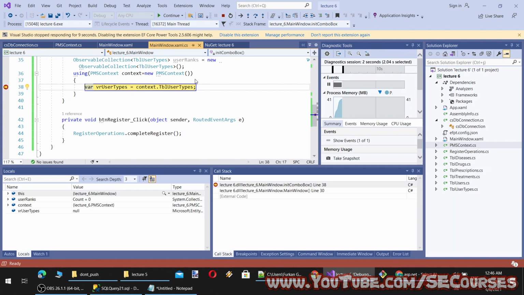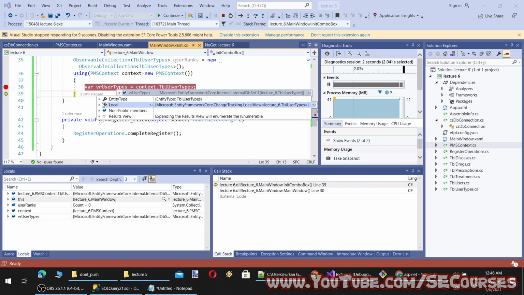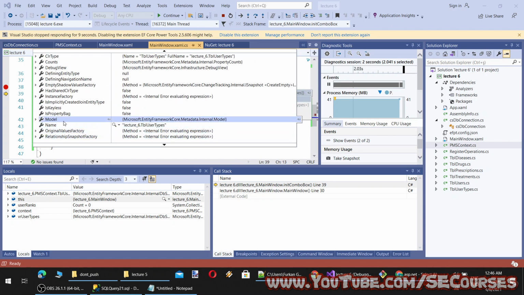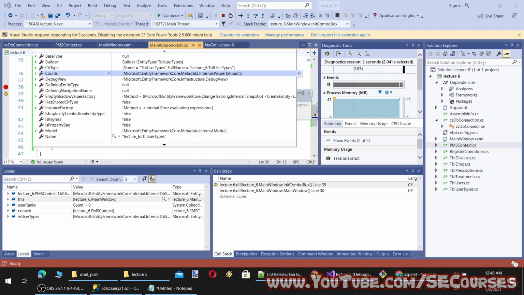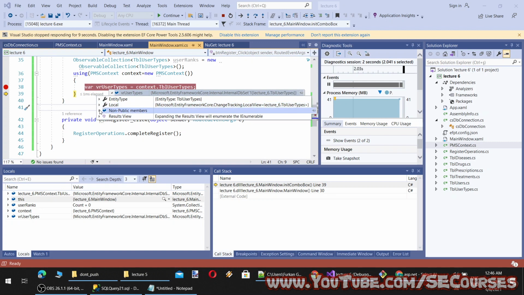Okay. One moment. Yes, so let's see what has returned. So we have entity type and local. So inside local, we have 0 entity type. Okay, there is count. Yeah, there are 2 counts, and probably there are non-public members.